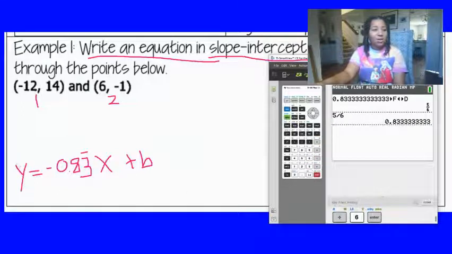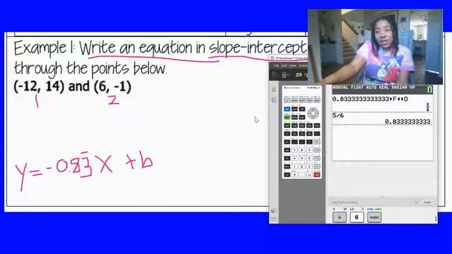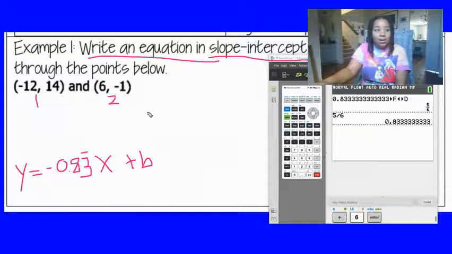That is correct. So you can see if it works. Sometimes it won't work, but it worked that time. So, hey, I'm down with it. So this is y equals 5/6